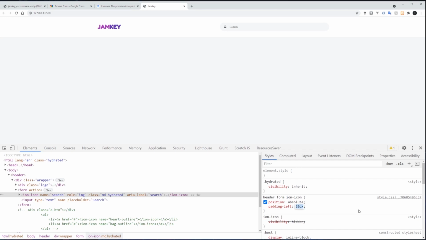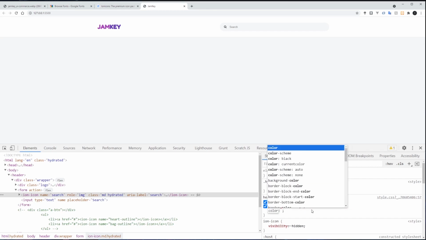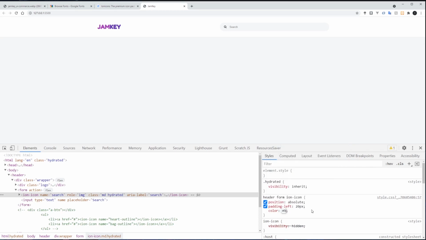Okay, so 20 pixels. So give it 20 pixels, then we'll set the color to #B8B8BB.